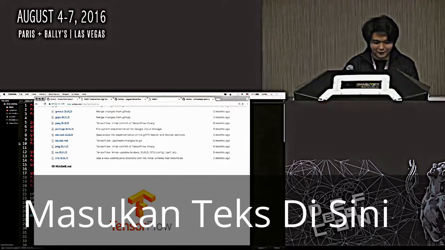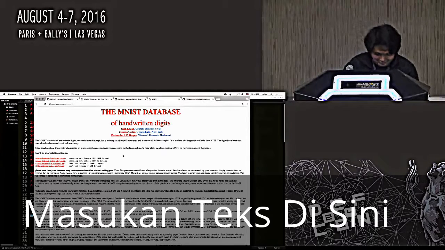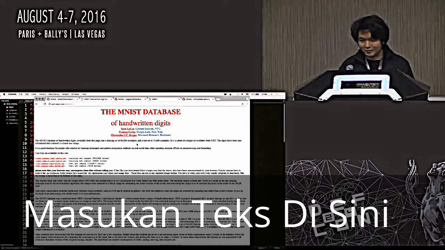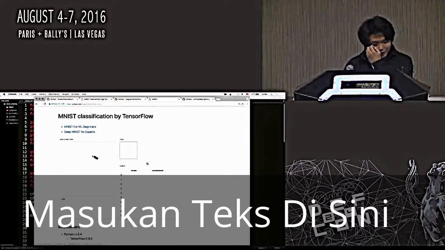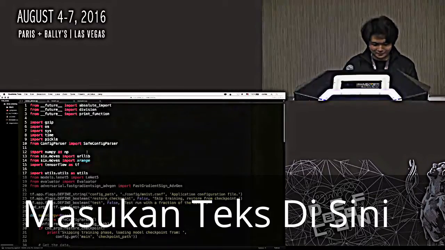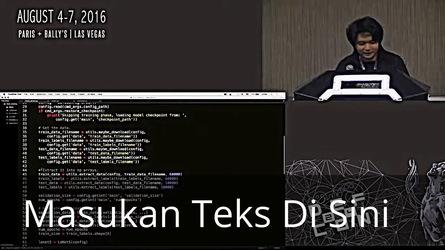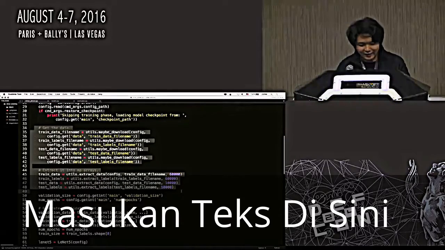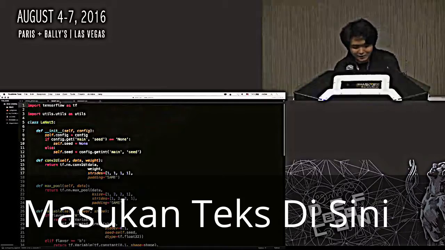So TensorFlow, okay. What we're trying to do is use the MNIST database, which was created about 20 years ago, I think, by Yann LeCun, who's now the Facebook AI director. We'll also have some visualizations done with a pretty cool visualization tool. Let's look at the code a little bit. This is basically taking in the training data, the testing data, and labels, and then creating a validation set. All this is just sugar.